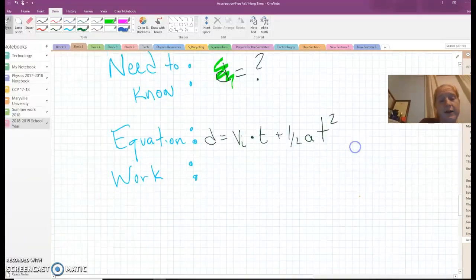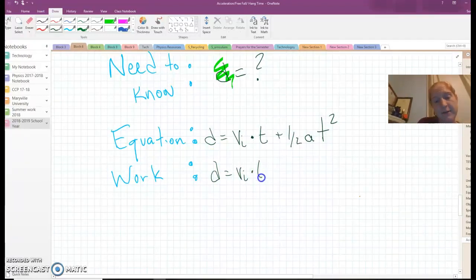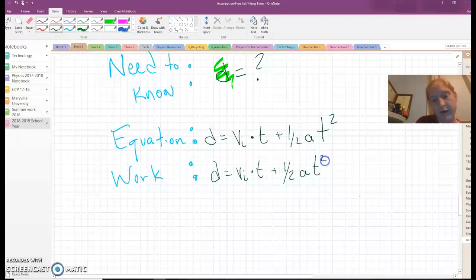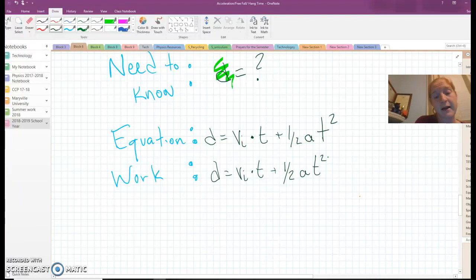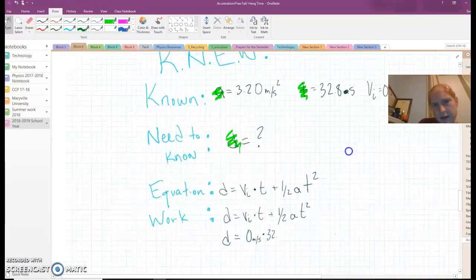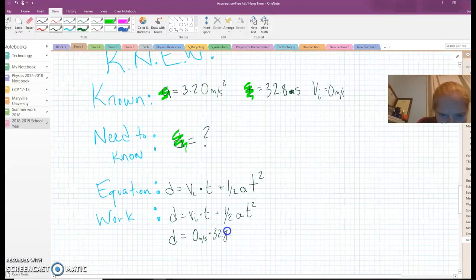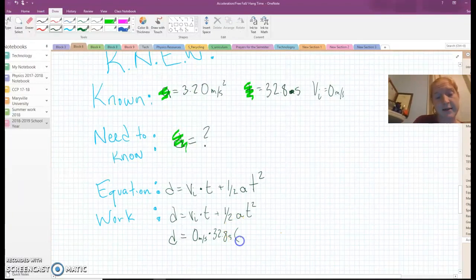Once I have that equation written, I'm going to rewrite it again, just for my reminder: VI times t plus 1/2 AT squared. Now I'm going to plug in the data I know. Distance stays because we're always still looking for it. 0 meters per second, don't forget your units, times 32.8 seconds times acceleration